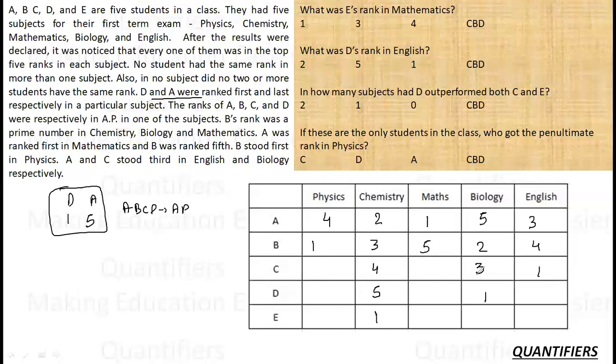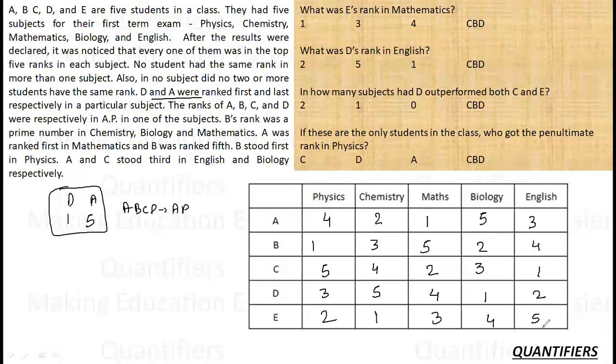Now let's see what else can be filled. 1, 3, 4. This can either be 2 or 5, but 5 is already here, so it has to be a 2. 1, 2, 3, 4, then this must be 5. Then what has 3, 4, 1? This must be 2 or 5. Since 5 is already here, this must be 2. Now 1, 2, 5, this can be 3, 4. Here it cannot be 4. 4 is already used. So this must be 3. This must be 4. Then this must be 2, this must be 3, this must be 4, and this must be 5.